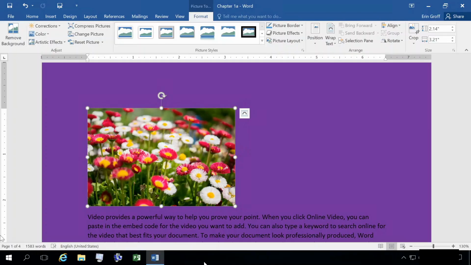So first on page 2, topic A, integrating pictures and text. Once you have resized an image and changed its appearance, you might want to change how the image integrates with the text on the page. Text wrapping enables you to control how the text wraps around the image. So here I have an image